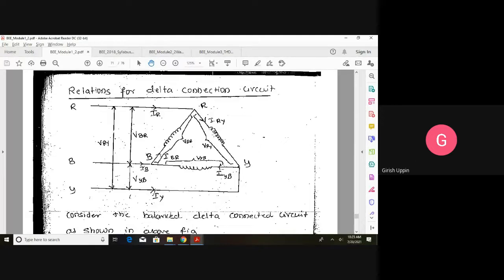So this is outgoing current IRY, and this is incoming current IBR. If I apply KCL to this terminal, what will happen? IR, okay, which are the incoming currents? Sum of incoming currents is equal to sum of outgoing currents. This IBR is incoming to the node R, line current IR is incoming, and IRY is outgoing. Therefore, I will write IR plus IBR is equal to IRY, or IR is equal to IRY minus IBR. And IR is the line current, IRY and IBR are the phase currents. So that will give me a relation.